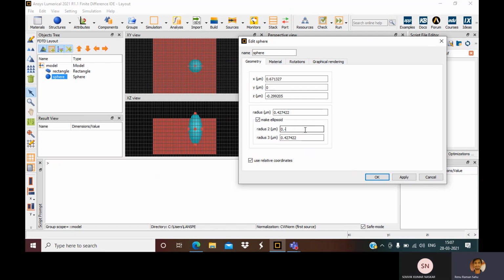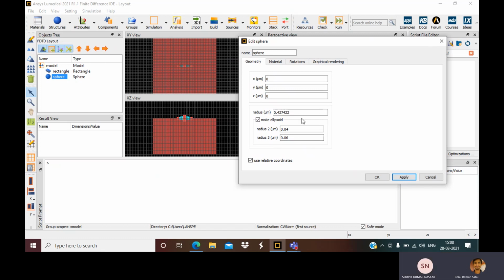Let me make it 40 nanometer, and this to be 0.60. This is just a random choice I'm making. Let's say x equal to 0, y equal to 0, and z equal to 0, and let me apply. Now it is right on the top of it.